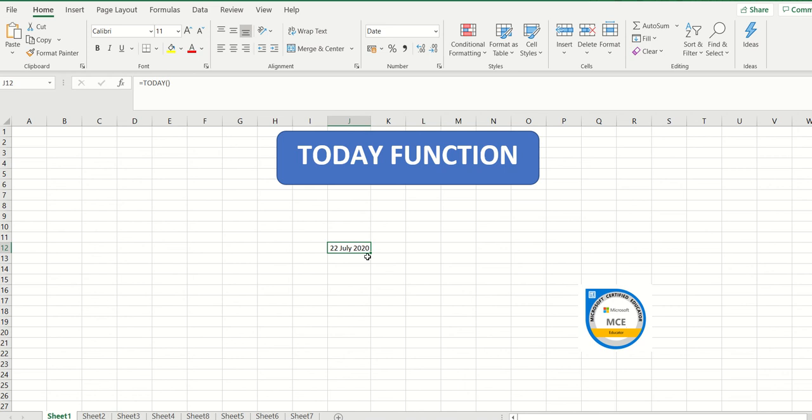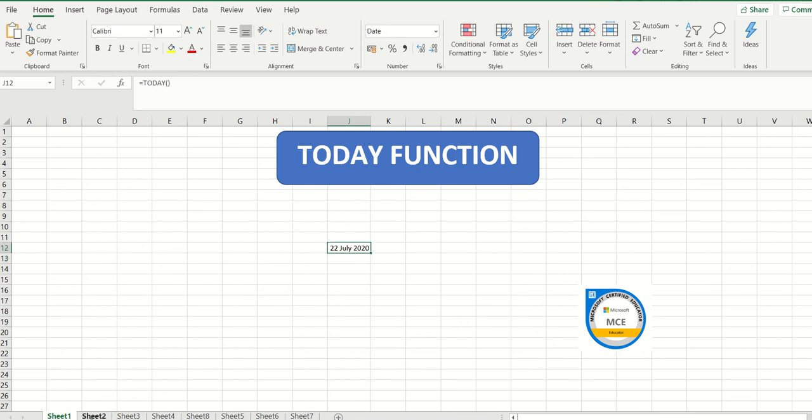And one thing more that I need to inform you is, this is a revision altogether. Whenever I'm doing this is equal to and then typing any command, this entire command is also called a syntax. Okay, so I can double click over here, hit enter from the keyboard and it is giving me today's date.